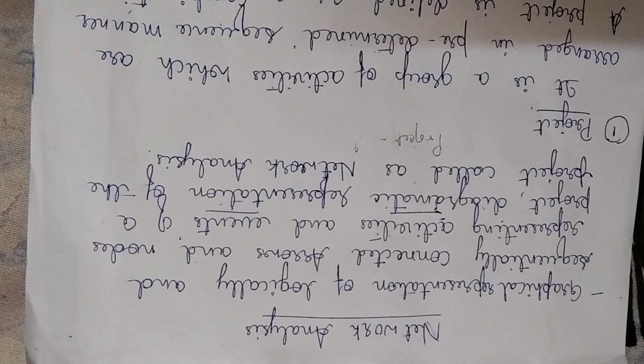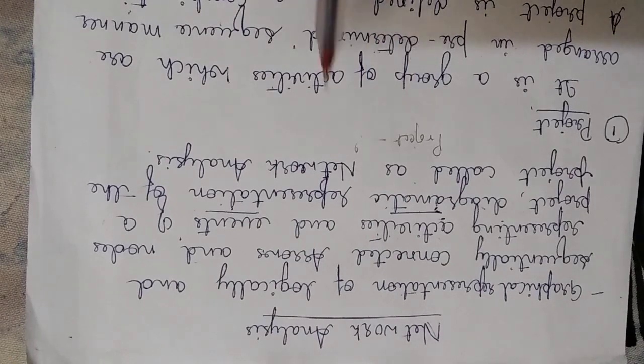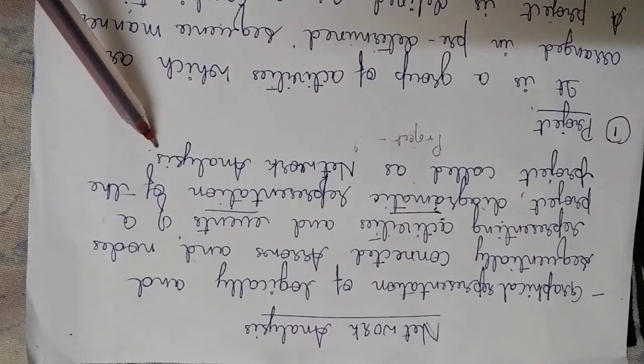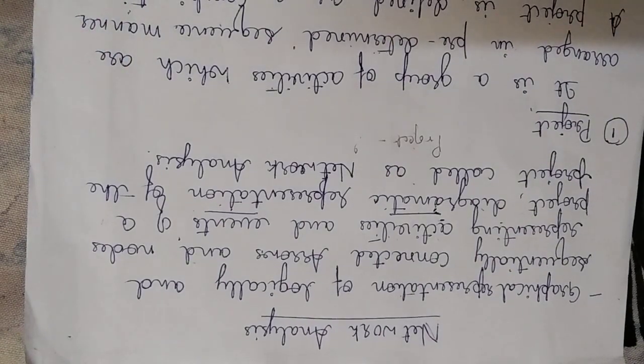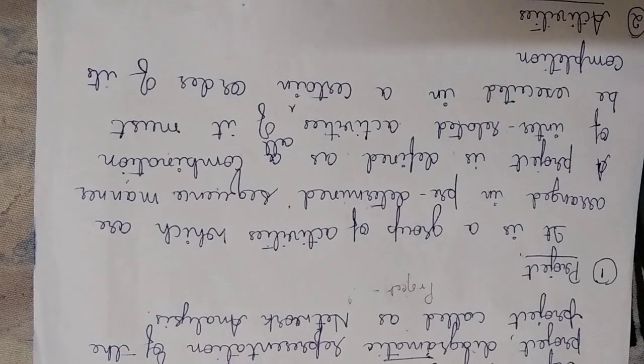If you take up a project, there are so many activities and events involved, is it not? They are to be sequentially arranged so that completion of one leads to the other. Here that is represented in the form of a diagrammatic representation. This is called network analysis. There are various terminologies that we use in project network analysis. Now let us go through them one by one.